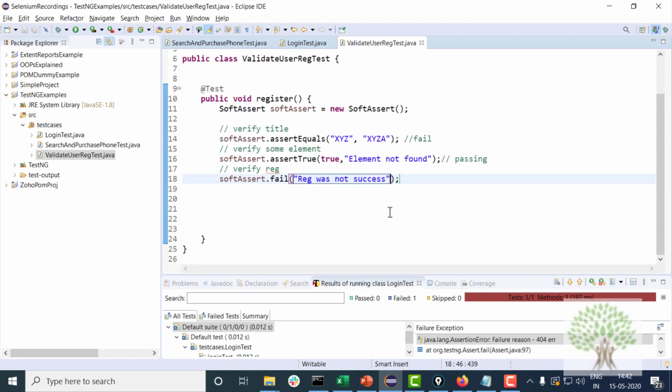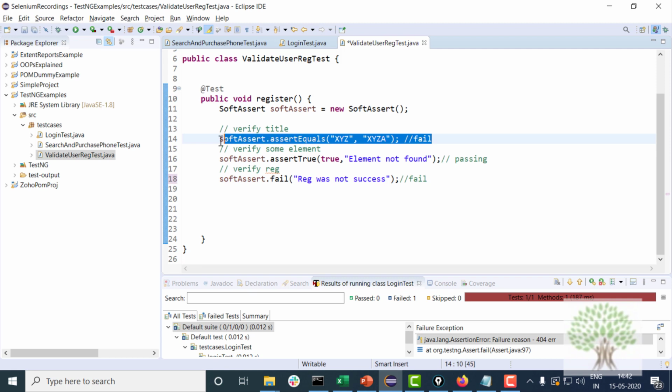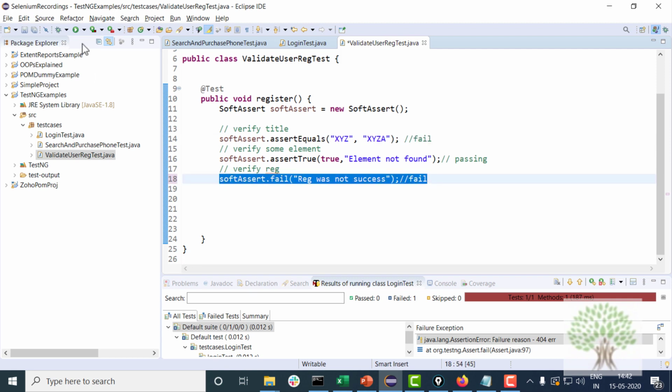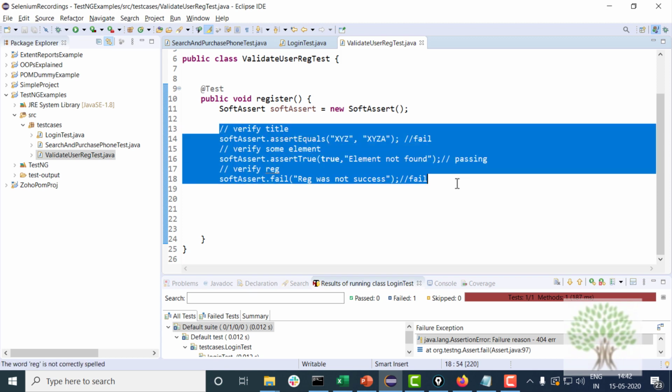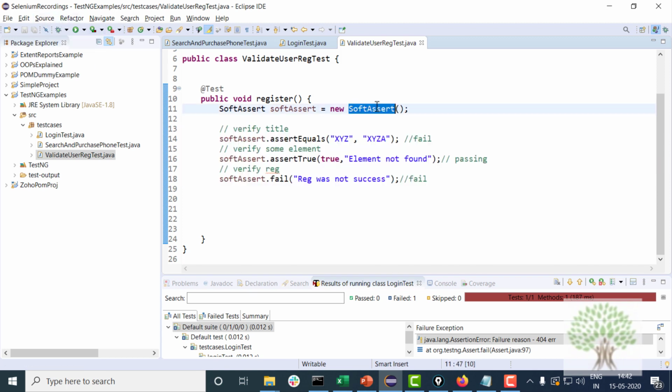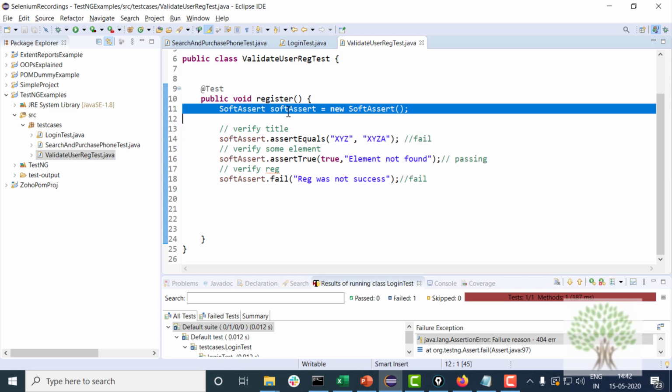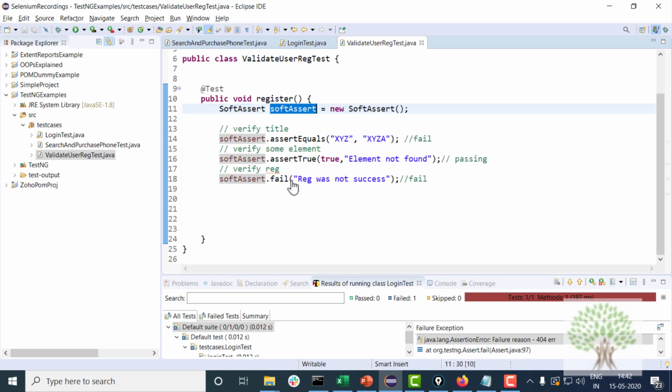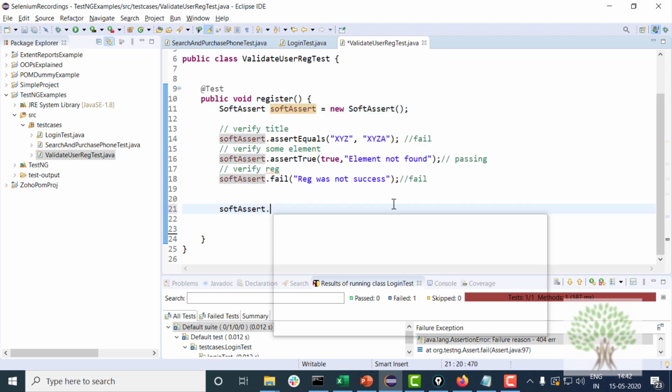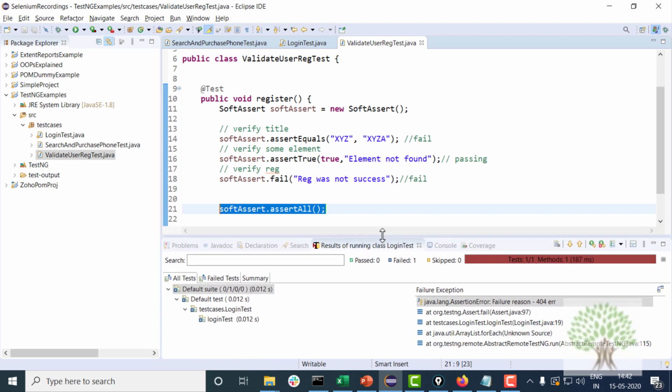So you want that both these failure messages on this line as well as this line should come in the reports, and if this is also failing, then all three of them should come in the reports. So this is done with the help of soft assertions, but the condition is that soft assertion wants you to fire the function soft assert dot assert all in the end. If you don't write this, then soft assertions will not work.